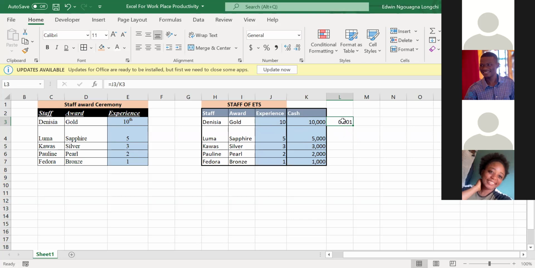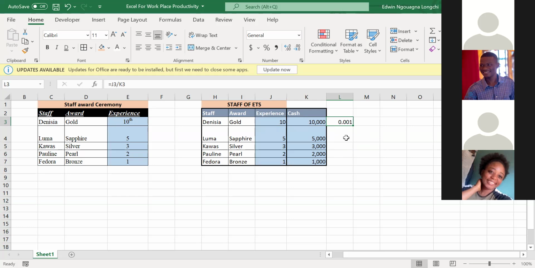Now, Excel is so beautiful. You want to do this same thing on these other cells right down here, right? You don't need to say equal to, click here, divide, click here, and click the enter key again. It's what we call autofill in Excel. Autofill means that you copy that formula throughout, because I want to do the same thing that I've done up here on these other cells. I simply autofill. I just feed the formula.